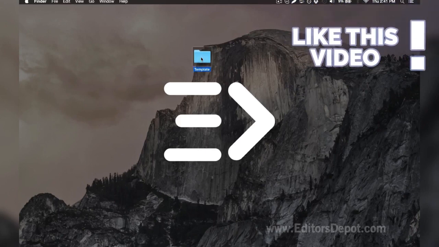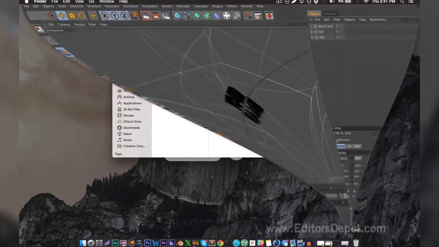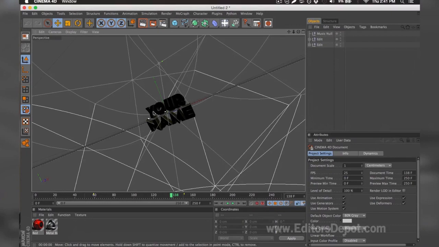Now that that's out of the way, all you're going to want to do is open up the Cinema 4D file. So here it is, and we already have it open, so we're going to go ahead and bring it up. And as you can tell, everything is ready to go. All you have to do is replace the text, render, and you're done. Except one little thing, there's sometimes problems that come up with the templates, and I'm going to go ahead and